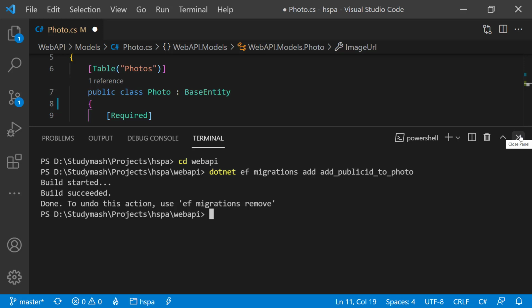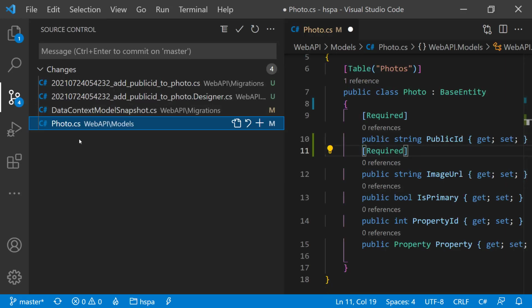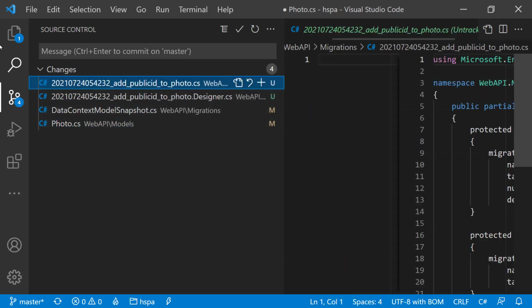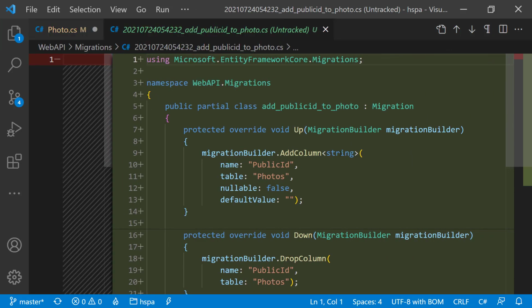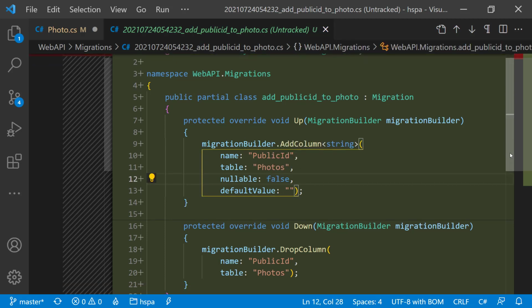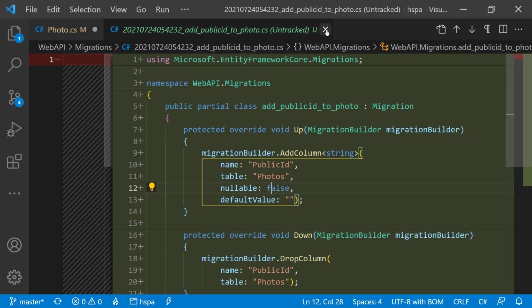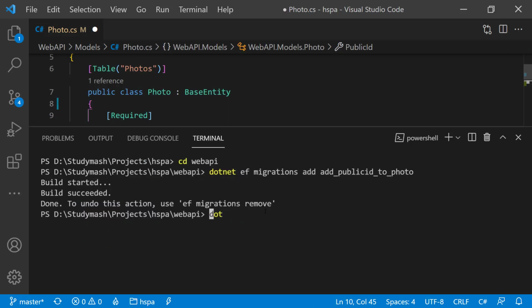But before that, it is always better to review the created migration so that we can remove the migration if needed and make the required changes at early stage. Because after applying migration to the database, it is a little lengthy process to roll back the applied migration. And if your application is on production, then it becomes more difficult to roll back an applied migration. So our migration is adding a new column and the nullable is false, and the down method is just dropping this new column. So we are okay to run the database update command now.